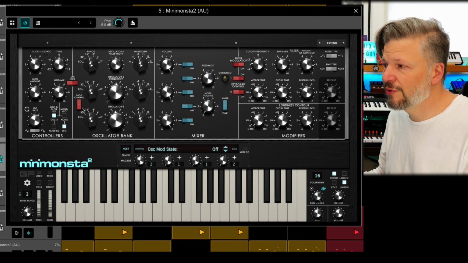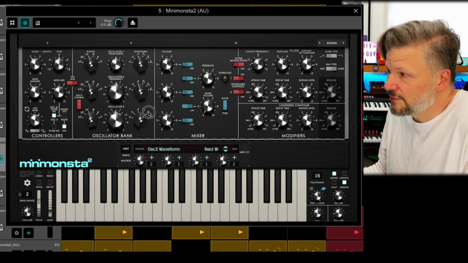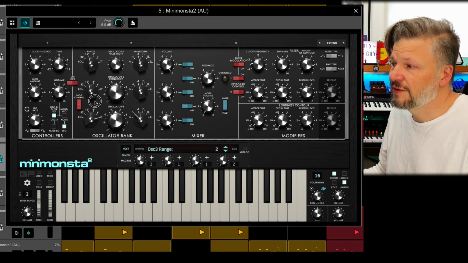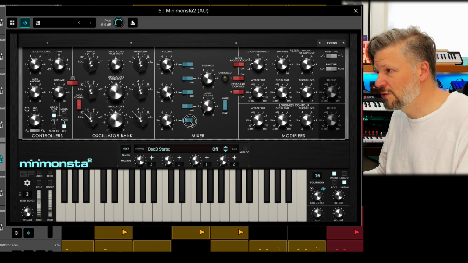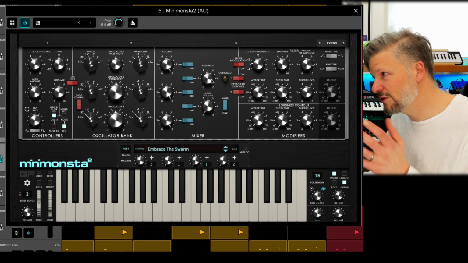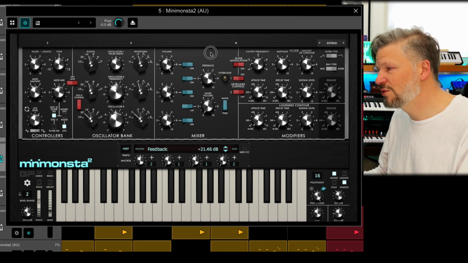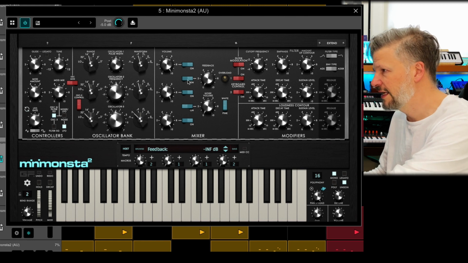You want to use the third one as an LFO or not, and which one you want to send as a source of modulation, and the amount of modulation. The 3 sources, the 3 oscillators, basically the different shapes you want to have, the different pitch you want to use, then the volume of each of them, you want to turn it on or not. You have a noise source, you have a feedback, which is interesting. If you bring that really loud, it becomes distorting. Well, actually, if you bring it down to 0,